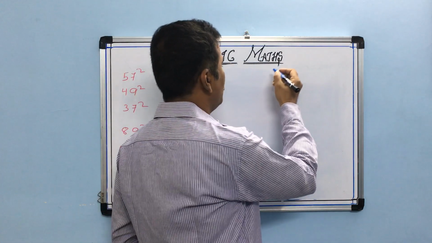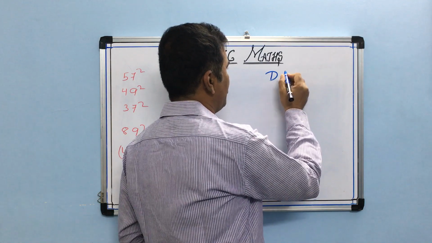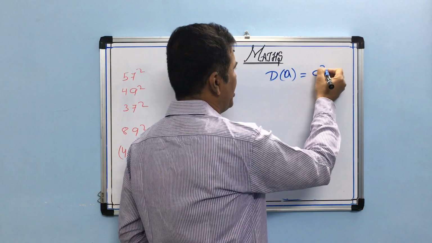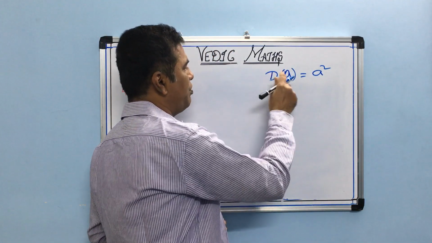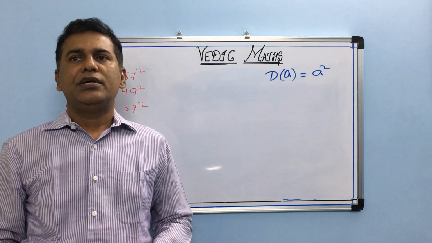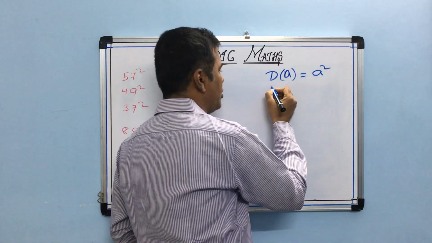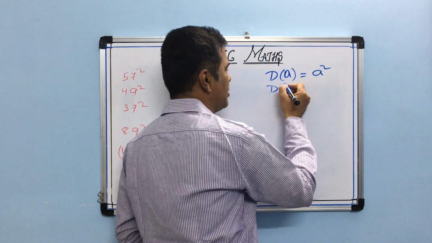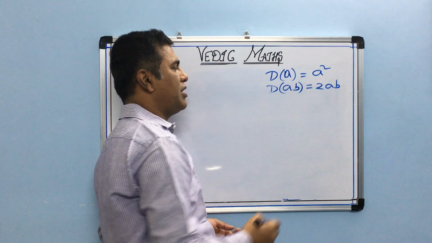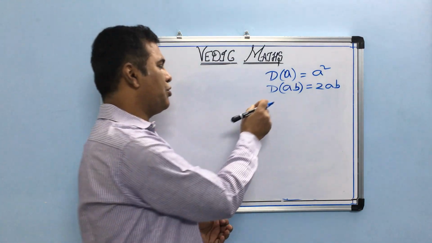First of all, we must know a term that is known as duplex. If it is a duplex of one number, duplex of A, it is simply A square. That means duplex of 1 is 1, duplex of 2 is 4, duplex of 3 is 9. So duplex of a single-digit number is simply its square. Duplex of a 2-digit number is 2AB, twice the product of the two digits. You have to remember this, and it will automatically get memorized after doing 2-3 questions.